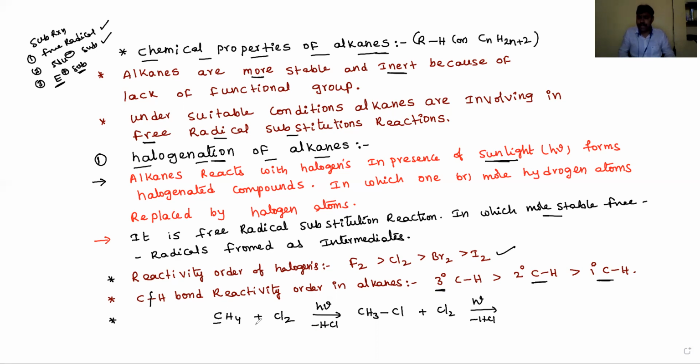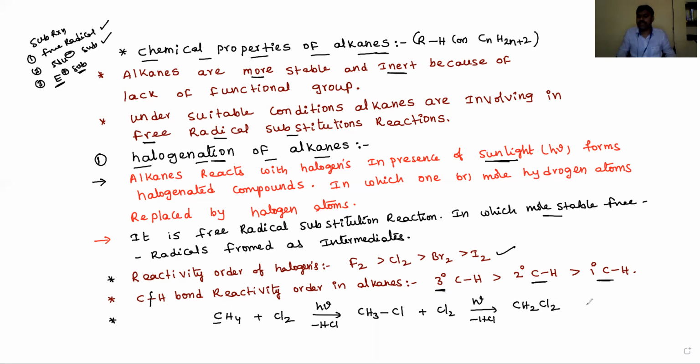Methane has 4 hydrogen atoms, and these 4 hydrogen atoms are replaced by chlorine atoms. It means the reaction will take place up to 4 times. Then the final product, carbon tetrachloride, will form. First the product is CH2Cl2,